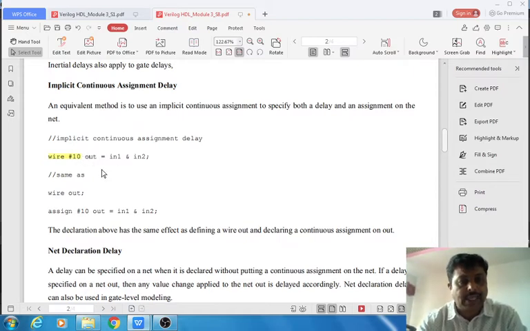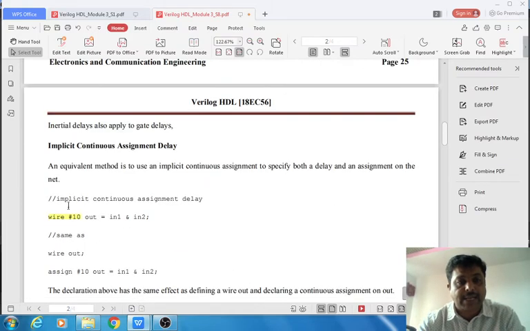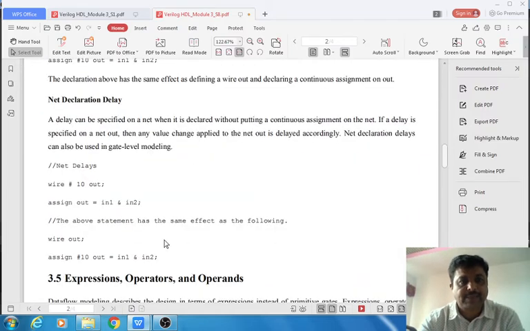Third is assigning the delay, that is assign #10 as in the previous example. All three put together in a single statement like this: wire #10 out is equal to in1 logical and with in2. This way of declaration is what we call implicit. Implicit means internally. So during the declaration of the signal, there is a provision to write the continuous assignment statement as well as assign the delay. This type of delay is the implicit continuous assignment delay.